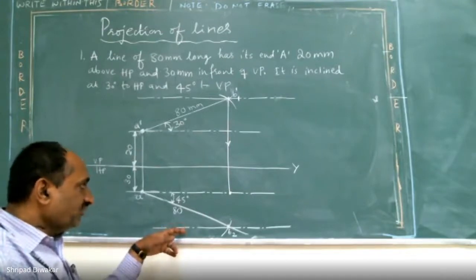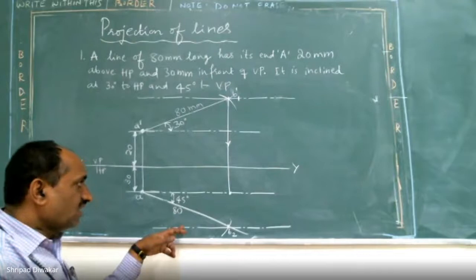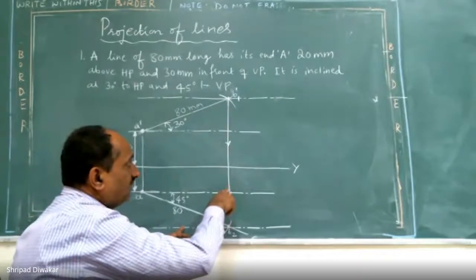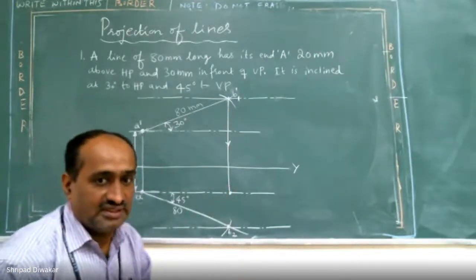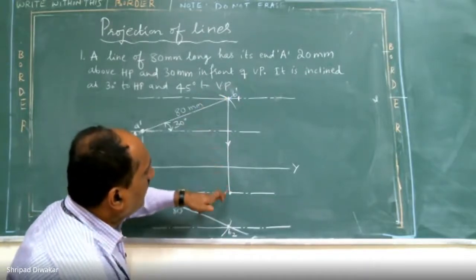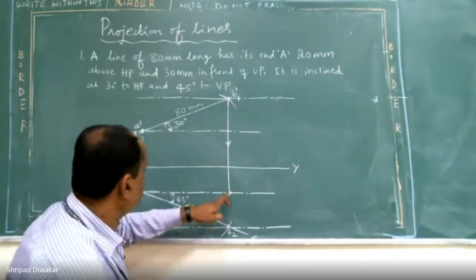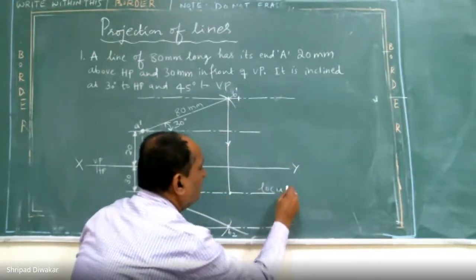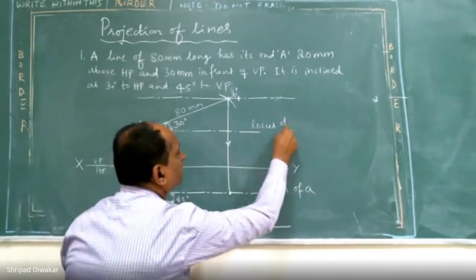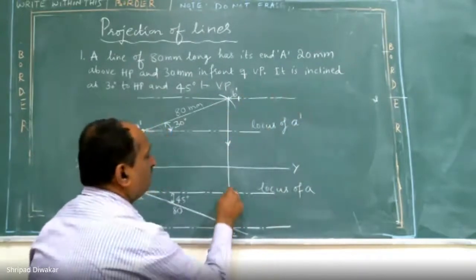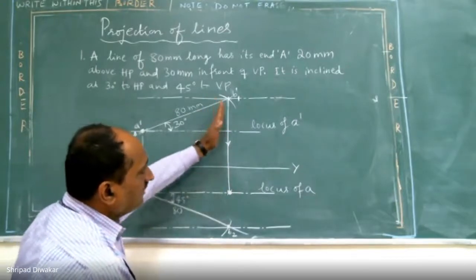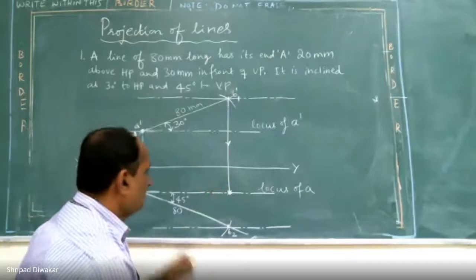Now I'll get the apparent view. In order to get the apparent view in the top view, you are going to rotate the front view in clockwise direction. Same concept here also. Try to understand the procedure. From B1 dash, draw a line at an angle of 90 degrees, which cuts the locus of A. Better you write locus of A, and this one is locus of A dash. Always you have to cut up to this point. Don't stop here. You have to extend that line up to the locus of this point.